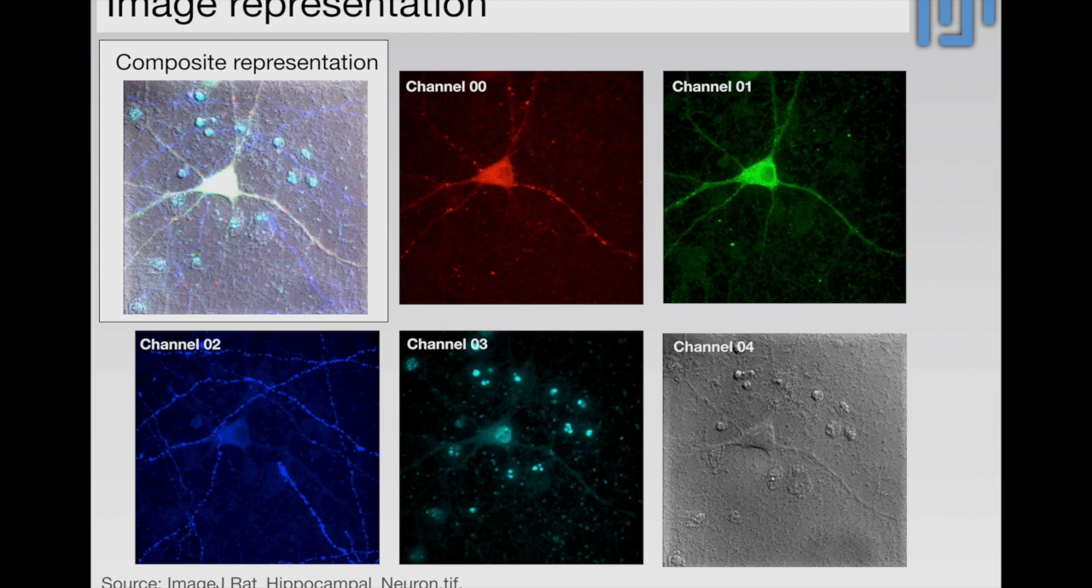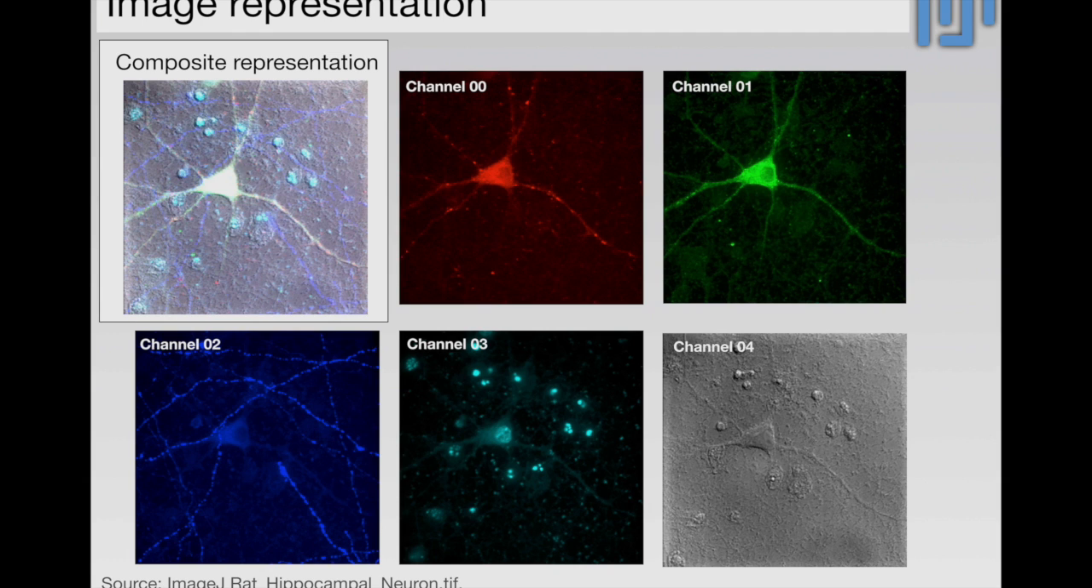Now, microscopy has the interesting property that you can acquire multiple channels in a single image. This is a case of a hippocampal neuron which has been stained in multiple colors and also imaged in two different modalities. We have a fluorescence modality and we have a bright field modality. What's good is that we can store all of this information in the same file as separate channels. A conventional way of doing this would be to use the microscope's own format, or we can use a